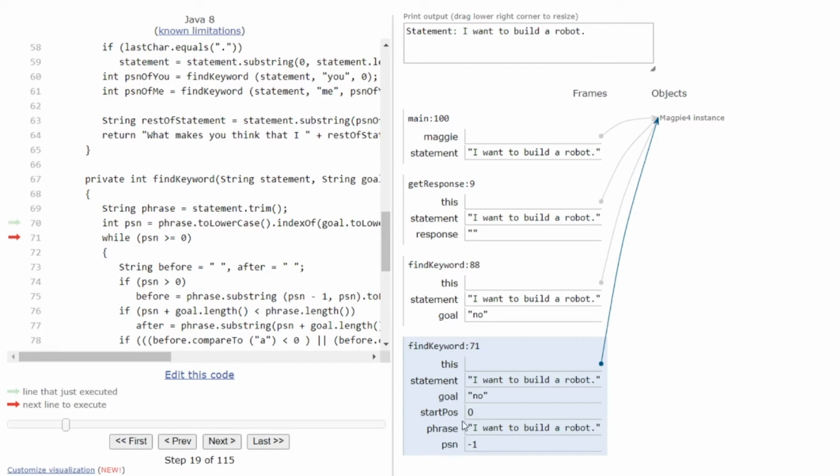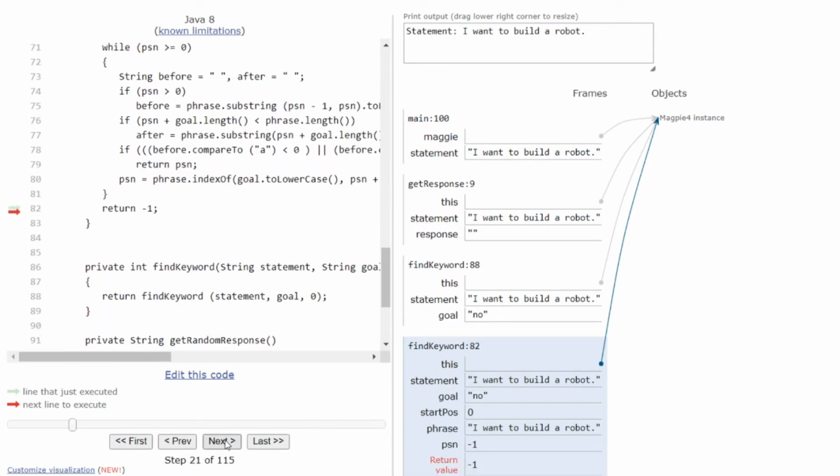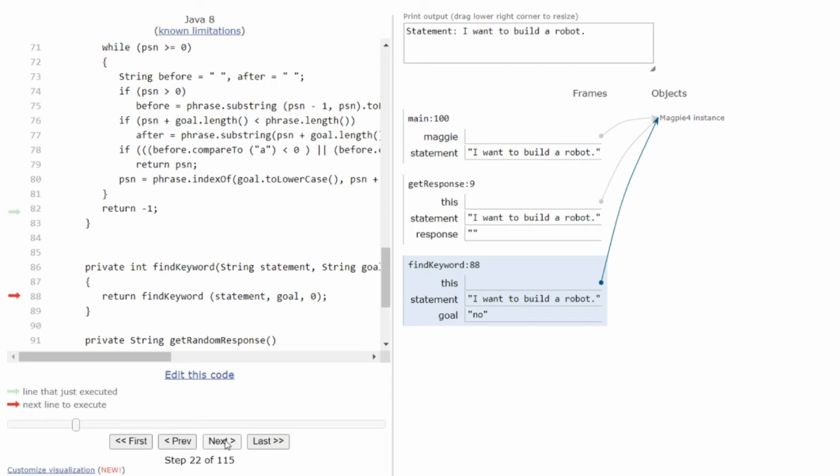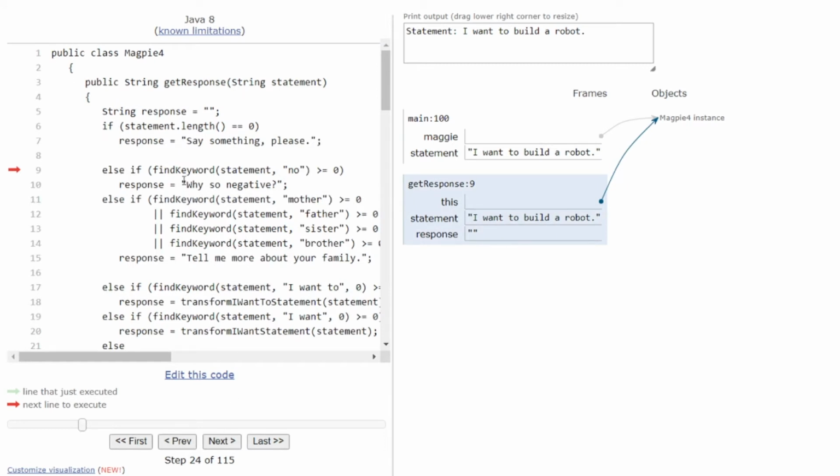We're going to return a -1 because, remember, kids, from our previous lesson, if our keyword isn't in our phrase, we return a -1. So we're just returning a -1 because the phrase isn't in there. Next, we're going to go to our next one, which is just the word no. And that's from the start point. So if we asked, how are you doing? And it just says no, we go, why so negative? Again, the same thing's going to happen. Is that the same? No.